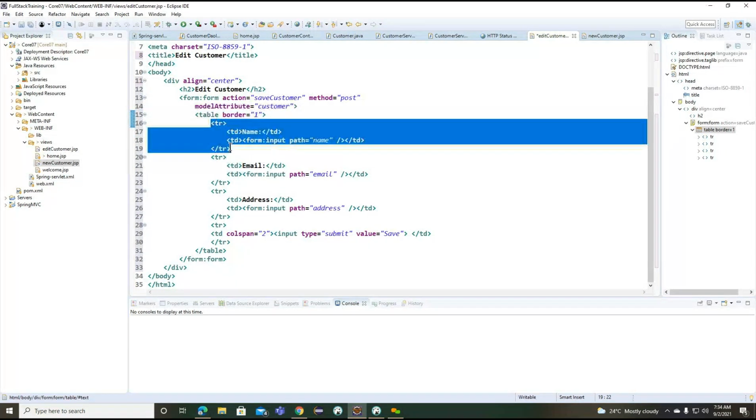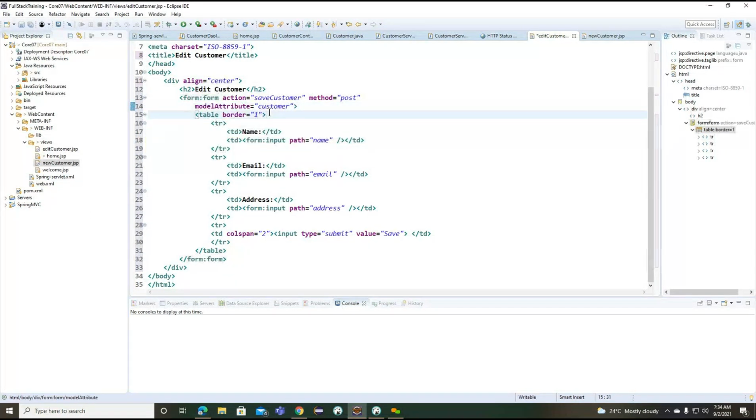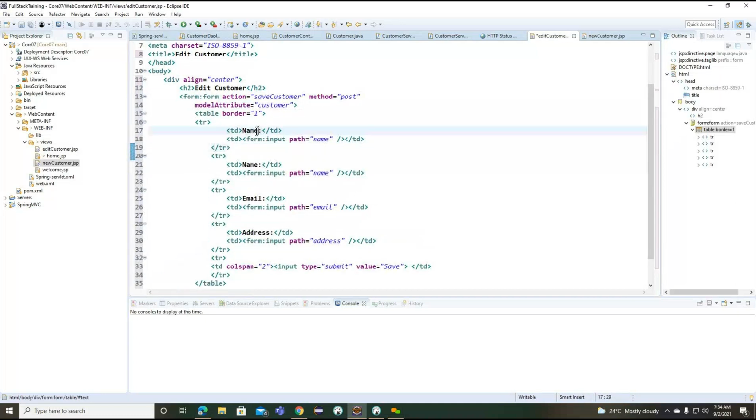Okay, so here we can create one more tier. This particular tier will indicate the ID. And for this particular ID, we are not going to provide any input tag here. Just simply we'll try to return here customer.id. Getting the point? So customer.id. With the help of this customer.id, we'll print the information.